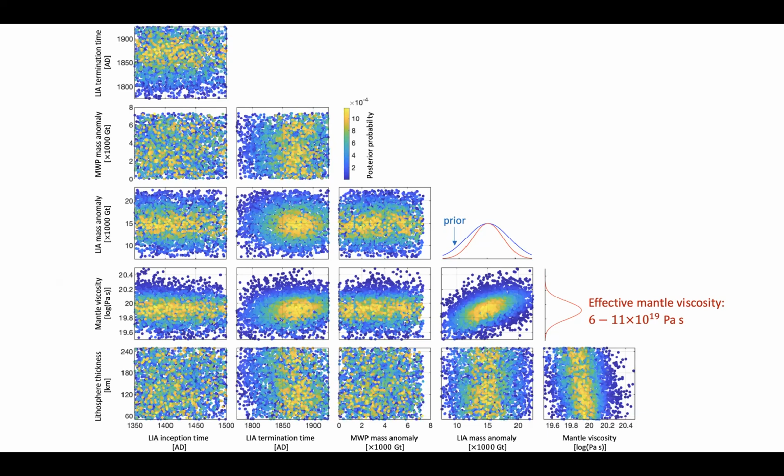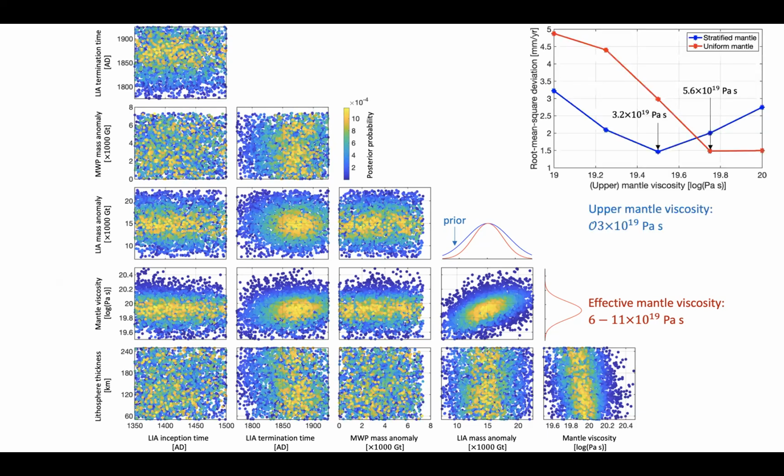But the fact is that the mantle is not a half-space, it is really stratified. The classical picture of the mantle is that it has an upper mantle and a lower mantle. If we fix the lower mantle value to the value used in GIA models, which is constrained by paleo relative sea level data and ice section data, then we can come up with an even smaller value of upper mantle viscosity, on the order of 3 times 10 to the 19 pascal seconds. And it is important to realize here that recent advances in seismic imaging show that there is no further need to stratify the upper mantle.